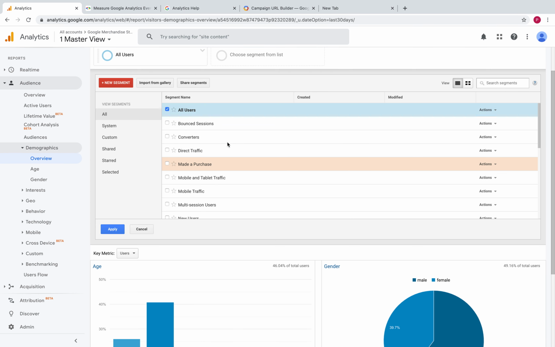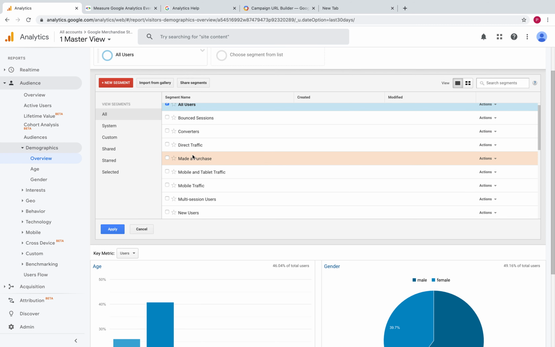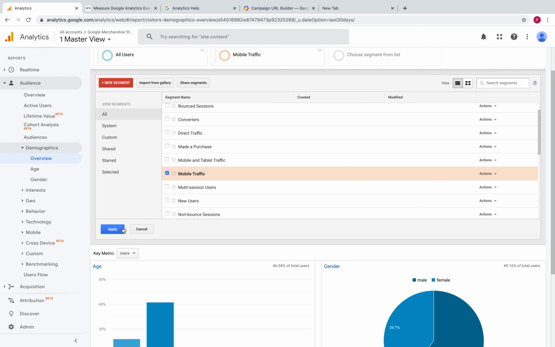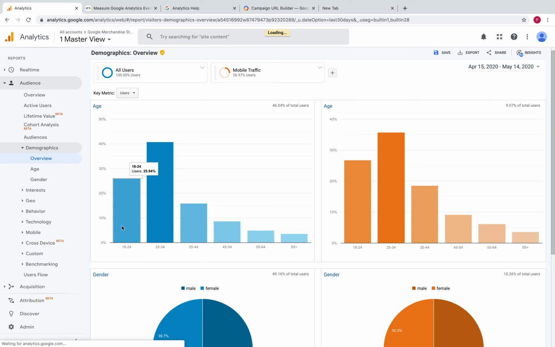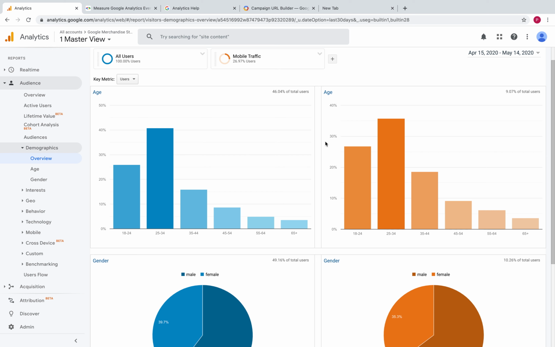But let's say I want to see the age and gender for mobile traffic, so from people that come from smartphones. And if I apply that, you see I get two reports, one all users and then one with mobile traffic. And when I look at this report, I can immediately see that the traffic I get from the users 25 to 34, they have a lot more traffic from mobile